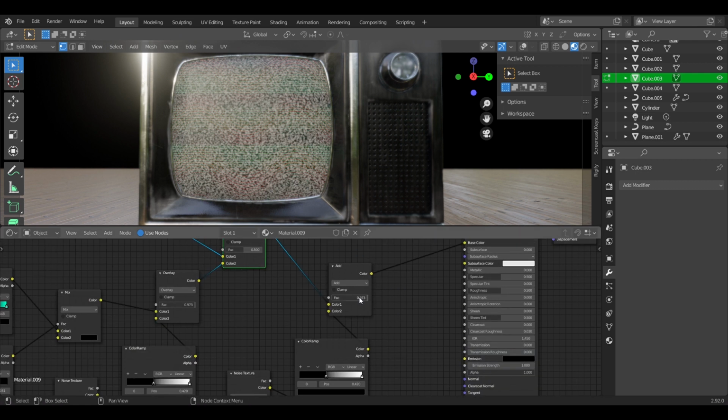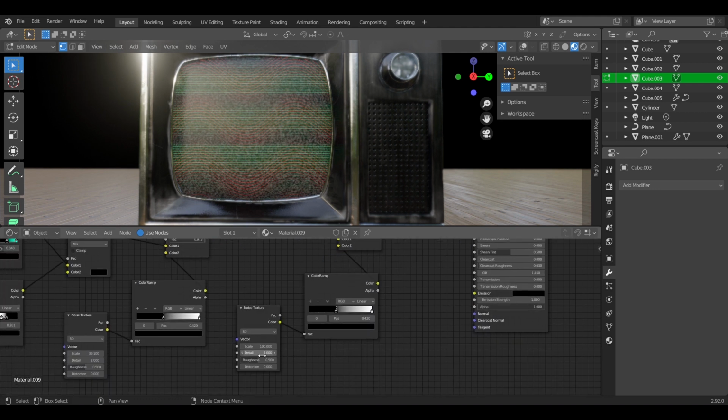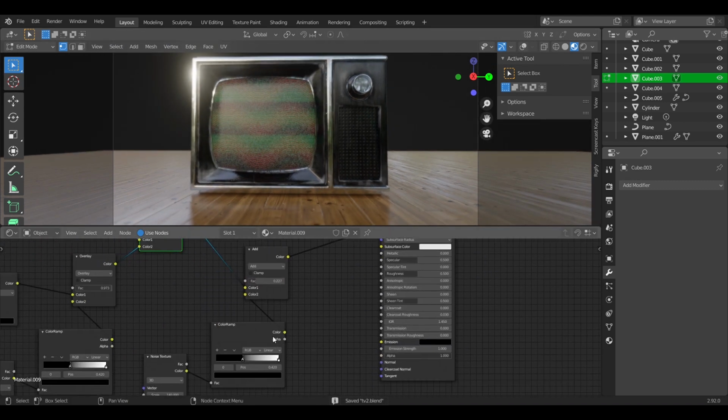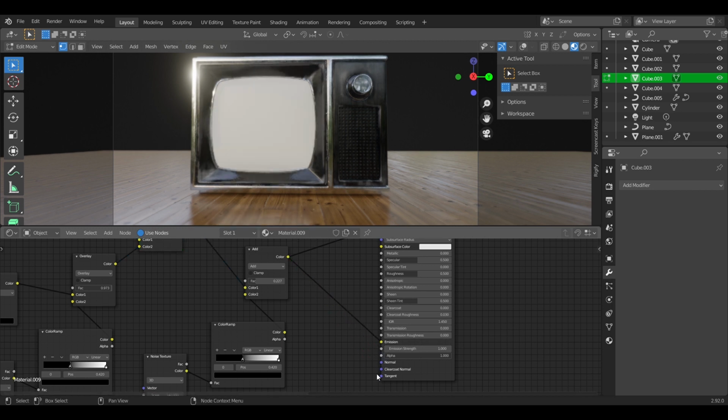Set the scale much higher so that the noise particles will look smaller, and just adjust the mix RGB so that they will be a little bit more subtle. Then you're actually done with